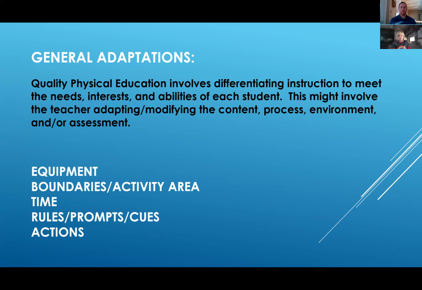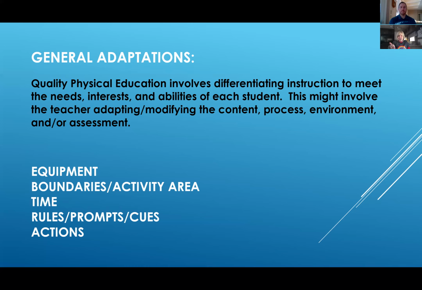And I truly believe that we as physical educators probably differentiate better than most of the people in the school building because we have so many kids coming to us with all different kinds of skill levels, and we're trying to achieve a certain skill, and we have to figure out how to get each person to the next level. So I think we're good at this, and we're going to talk about some ways that we do that.